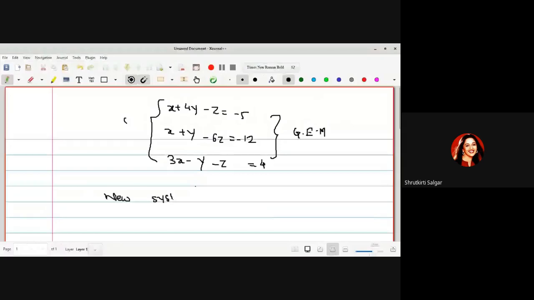The third equation of second system is minus 13y plus 2z is equal to minus 11. Yes, everyone, please read once again. Yes, ma'am, it will be 19. Sorry, it was my mistake.